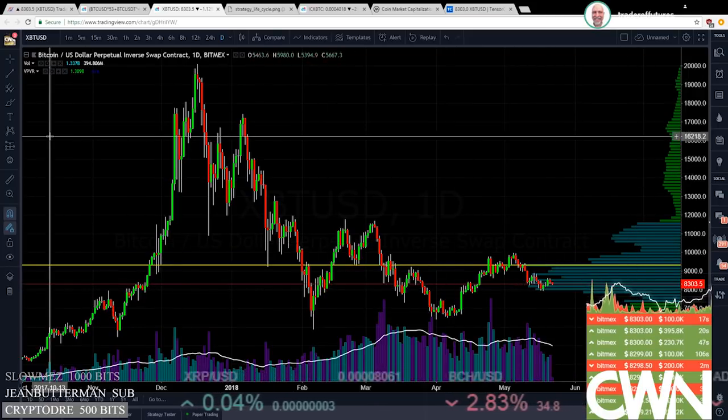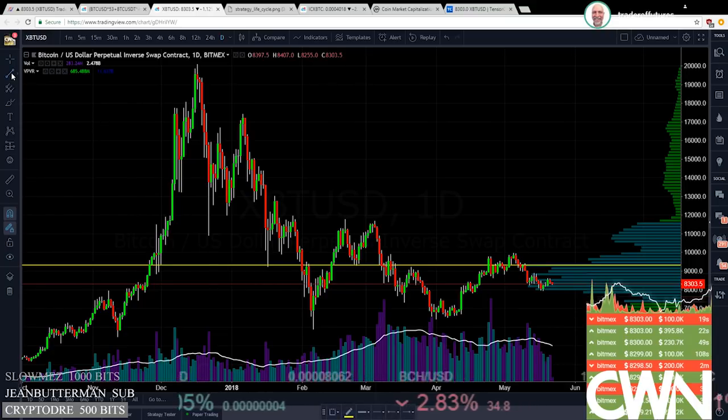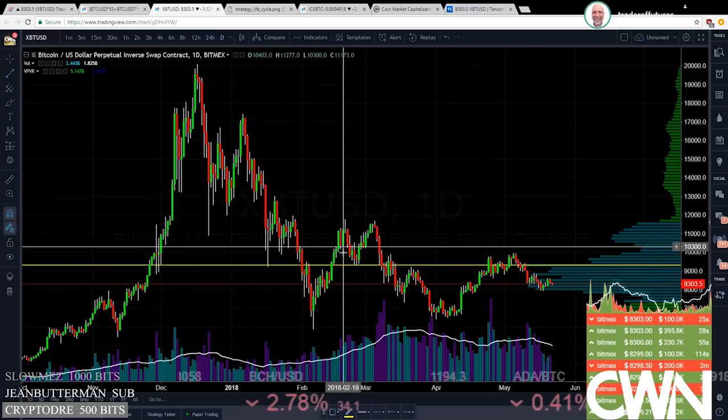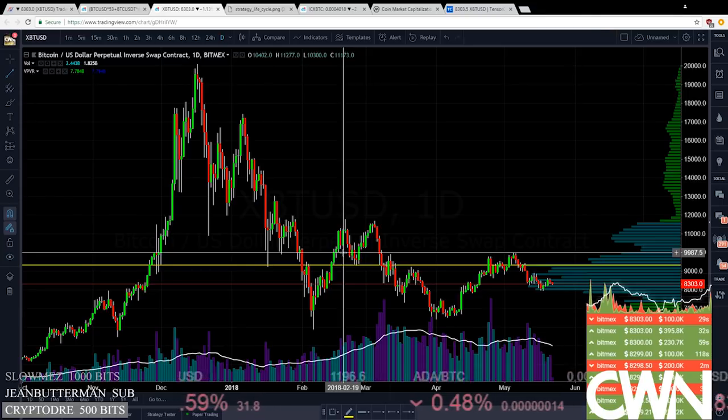So the first thing I would do is draw horizontal lines, because that's going to show me its structure. Now, what a lot of people will do is create trend lines and try to connect the dots, connect peaks and valleys. And that doesn't really show you anything. You think it does, but it doesn't.